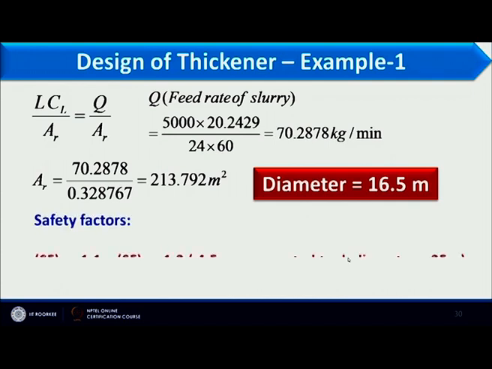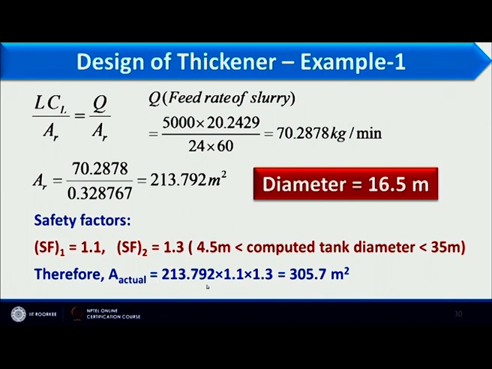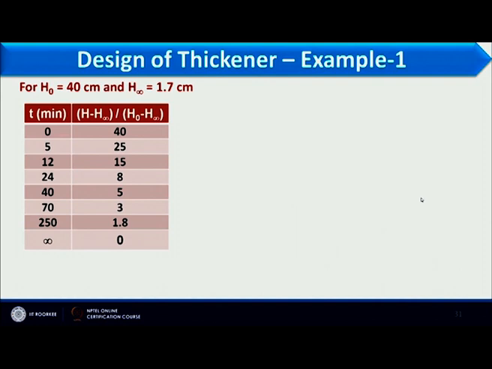Now adding the safety factor, SF1 1.1 and SF2 1.3 we have taken, because diameter is lying between 4.5 to 35 meter. Therefore actual area should be 305.7, and corresponding to this we have to calculate actual diameter of the tank. So to design the height of the tank, we have to take the value of H naught as well